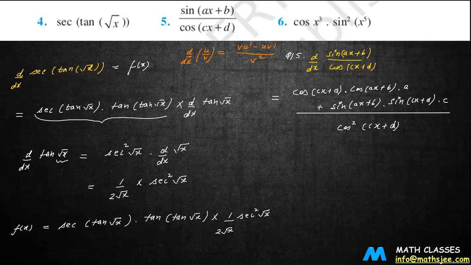In whatever simplified form you can write them down, right? Because some cos of ax plus b in the denominator or cos of cx plus d will cancel from here. If you separate this, it will become tan, so accordingly you can do it, because this step was very important. Now let us come to question number 6.